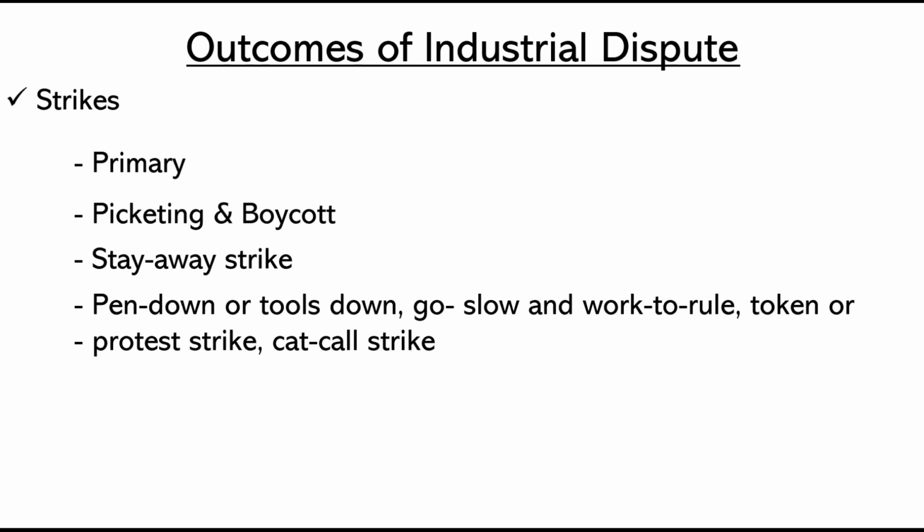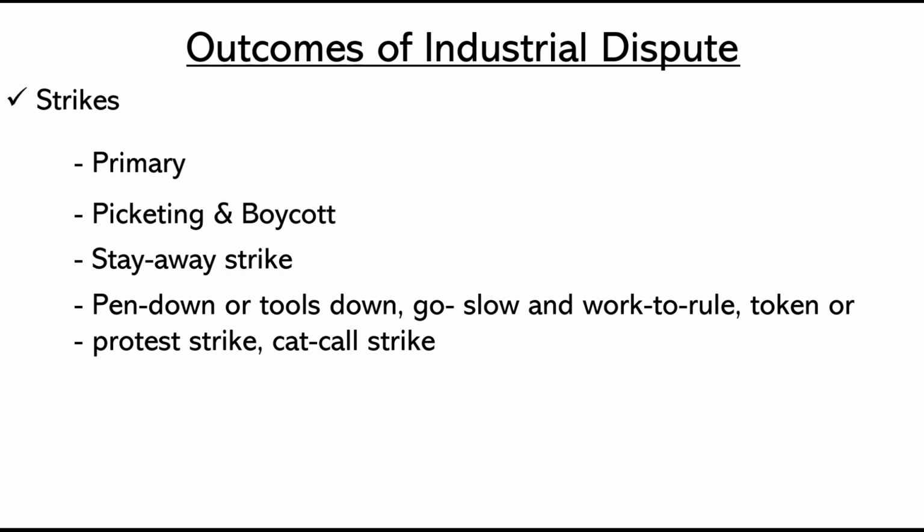Now, next one is token strike or protest strike. Now, this means that workers are stopping their work for a certain period of time, and mostly it is 24 hours they are not working, so that a day's production will be affected. Okay, until the management is fulfilling their demands. Let's say they're going for a 24 hour strike or maybe a 1 week strike. Okay, so that is total strike.